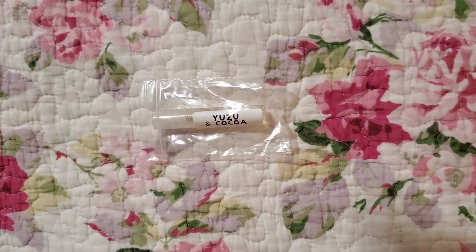It's very linear, and the tonka bean really shined on the dry down, which I liked, almost like a creamsicle. But yeah, even though it's pretty simple and I already have a lot of citrus scents from Lush, I think I would purchase this just because of that creamy factor that's added onto it. And then I could pair it with another Bath and Body Works spray that I have that I think would